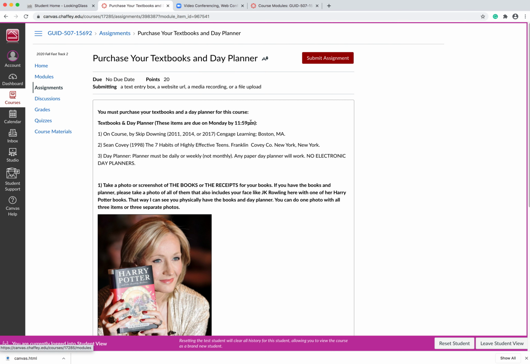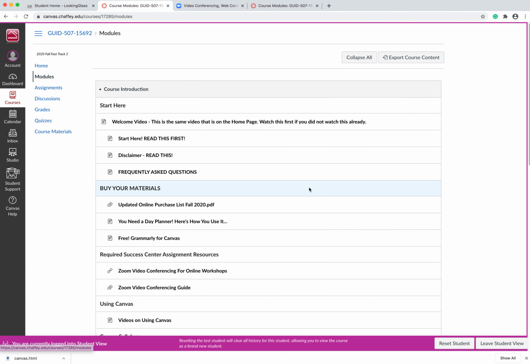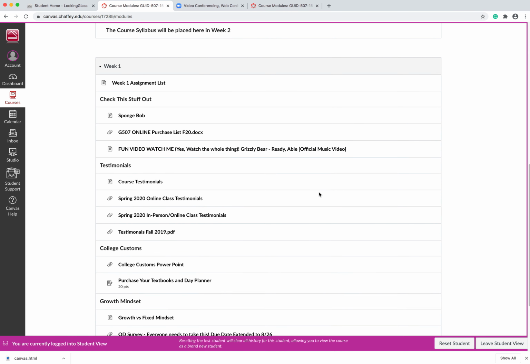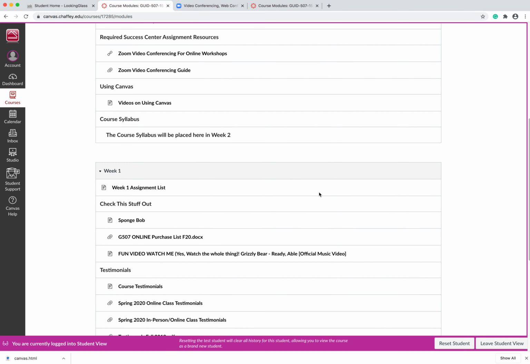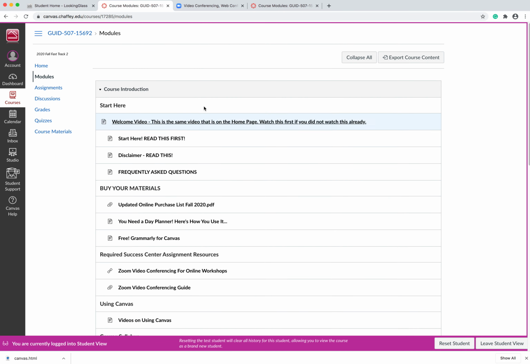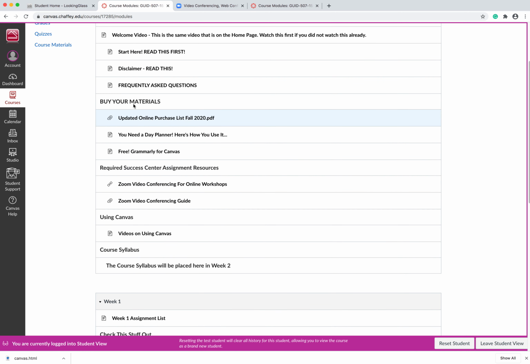Okay, so I'm just going to cruise out of here, and I'm going to go up here to where it says modules. In the module section, you can actually see everything that I have open so far in the class. So you can see what we just went through. We started here, we went through the welcome video, we did the start here, read this first, we did the disclaimer, frequently asked questions, we did an updated purchase list, you need a day planner, Grammarly, Zoom video conferencing guide, videos using Canvas,